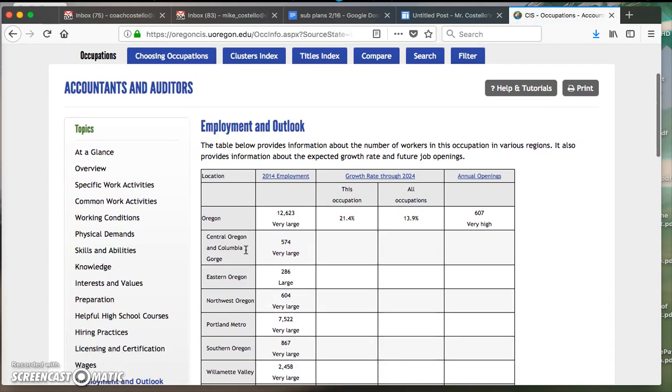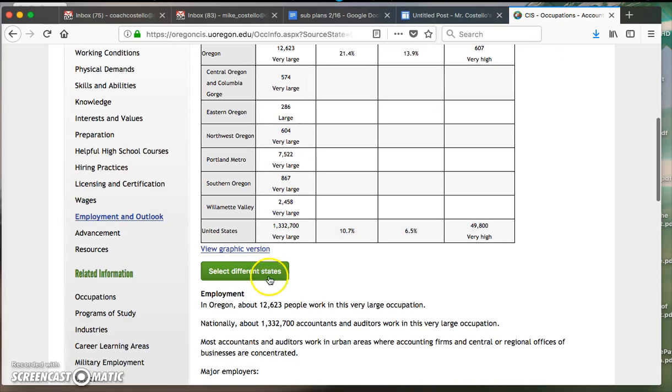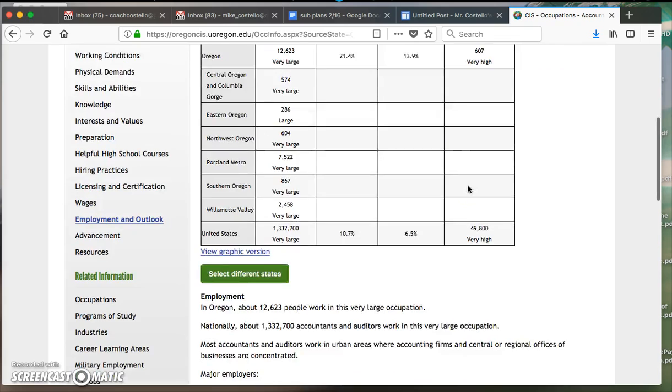The outlook is going to tell you how many people have the job in Oregon or whatever state you choose, and then its growth. What that means is this job is going to grow by that much, which is a pretty good size. You notice in Oregon, it's bigger than it is in the United States, so it's growing at a faster rate. This is the kind of information you need to pull over.